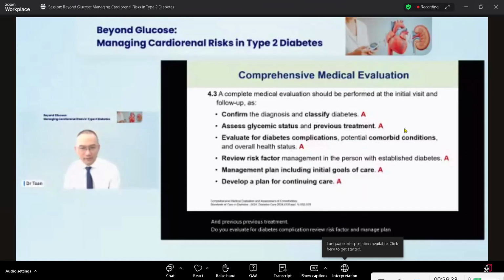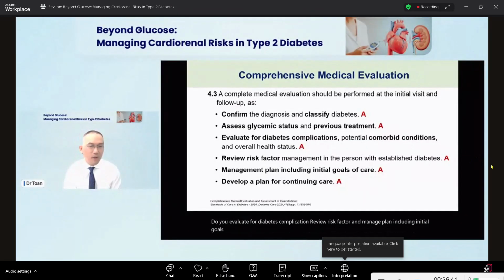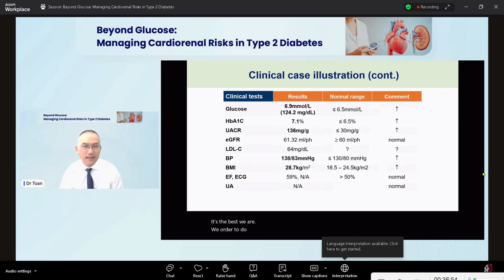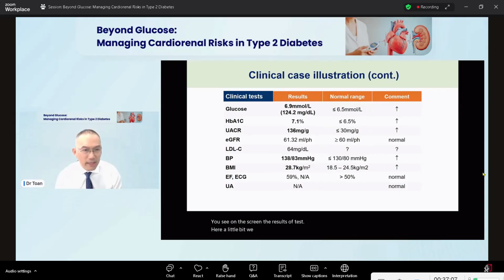Treatment. And last one, develop a plan for continuity of care. It's our test we ordered for the patient. You see on the screen the results of the test. Here a little bit, we can see fasting glucose, not so high, right? Hemoglobin A1C 7.1, not so high. But one thing I want